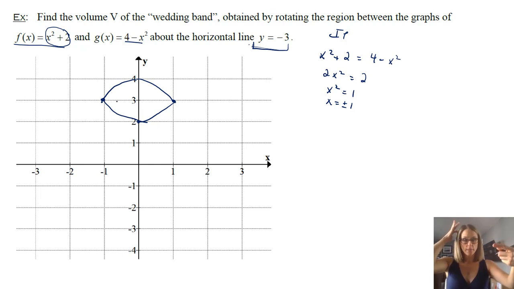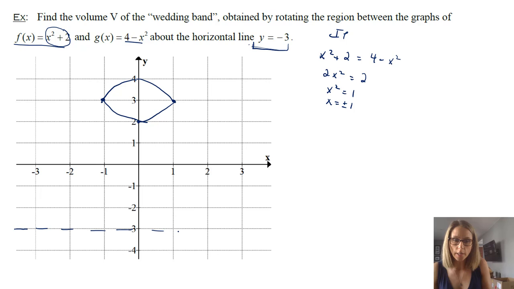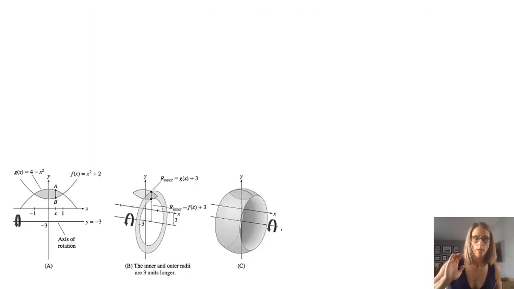So what happens is that this is going to get rotated. So you might be thinking washer method, and that's great. But it is getting rotated around this line y equals -3. So what this looks like is this. You'll notice this is what we just graphed, and this is what it looks like when it rotates around the line y equals -3, and then that solid that's created looks like this last picture here.